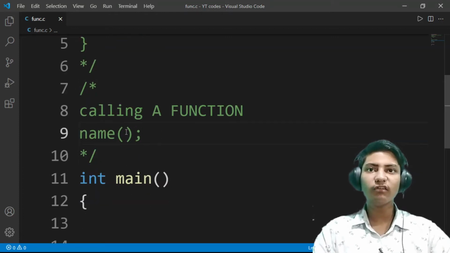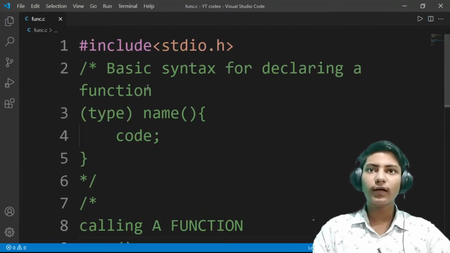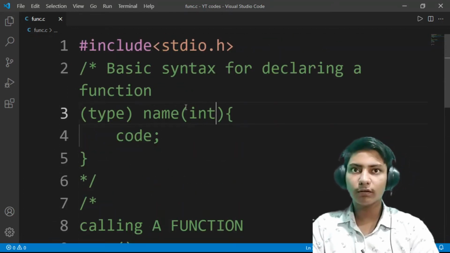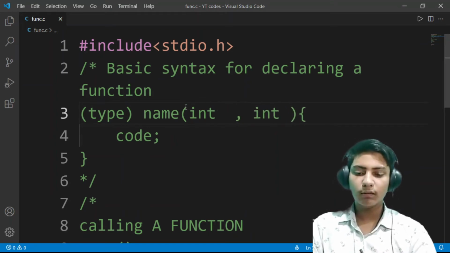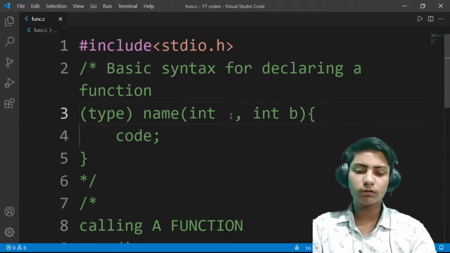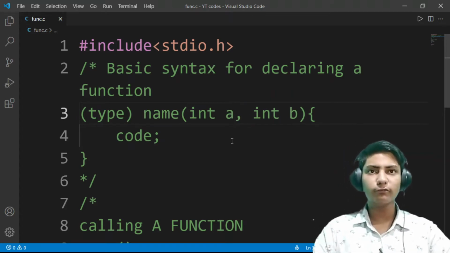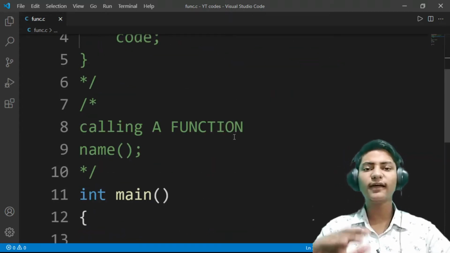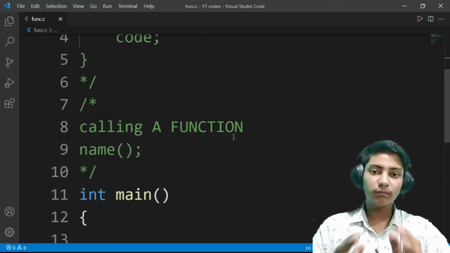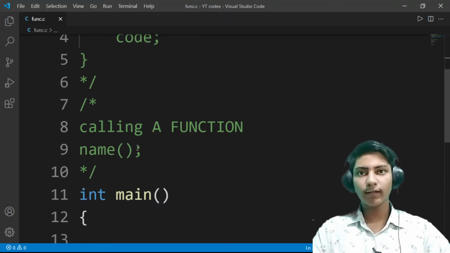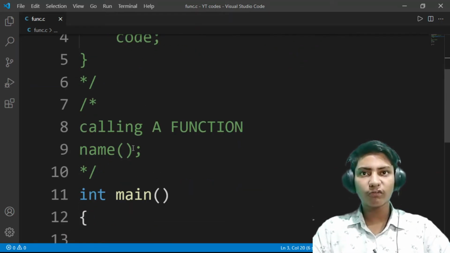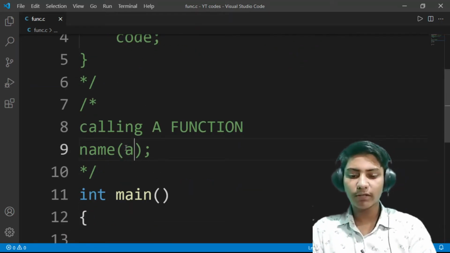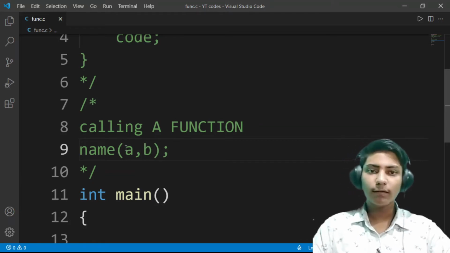We can also give arguments in the function, as we can give here int a comma int b. It is not necessary it will be int or void, it can be anything, maybe it can be a constant also. And then if we want to give arguments, then we have to give them here in the main function.